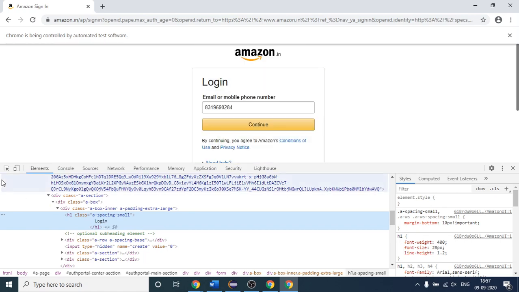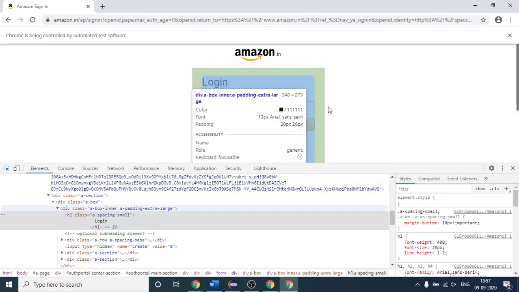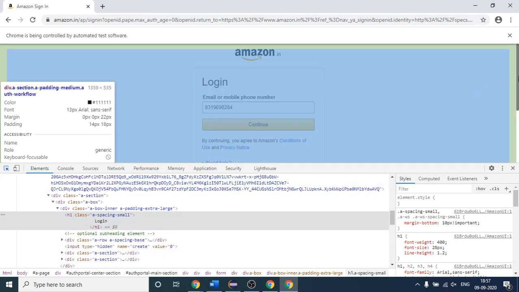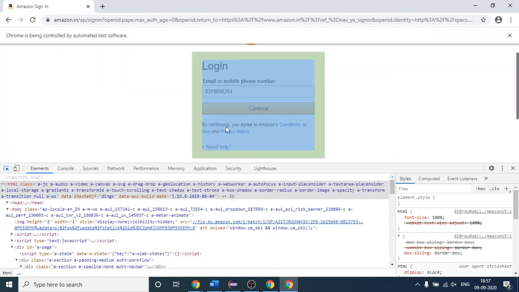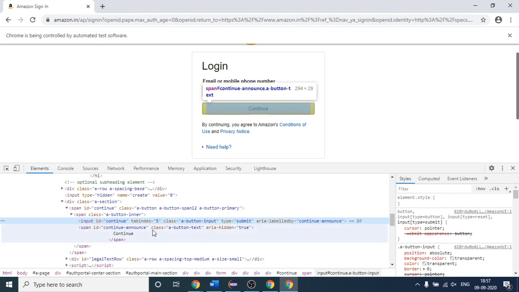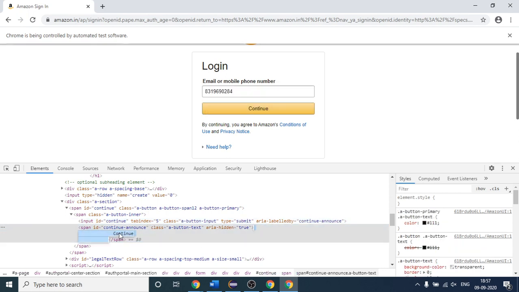Suppose this is the continue button; you can see this is the text. If you use get text here, it will give you the text of that button.